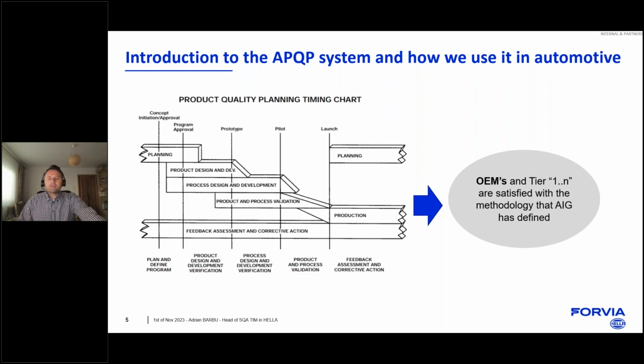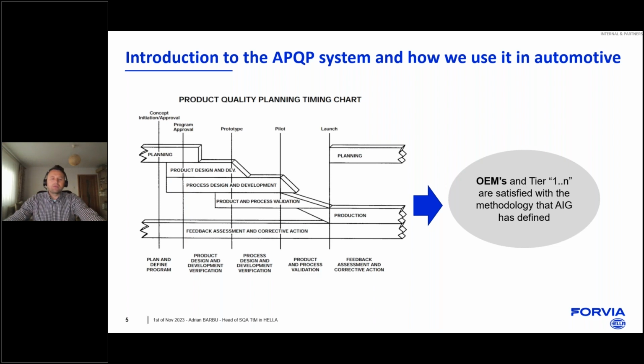Of course, the OEMs are always satisfied with this approach, because it's a well known approach, and it has been applied for many years. With the result of having the final PPAP approval at the end, we will show good safety and a good result of our work.